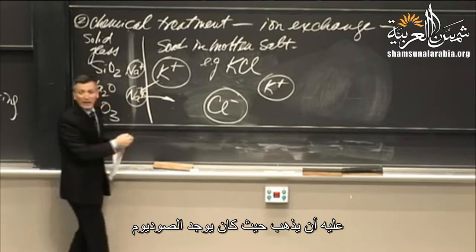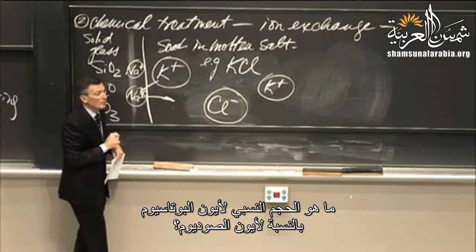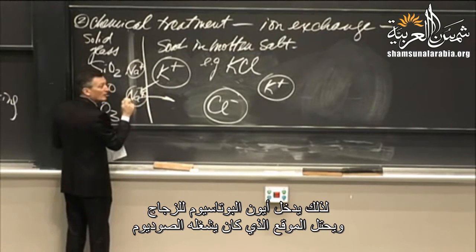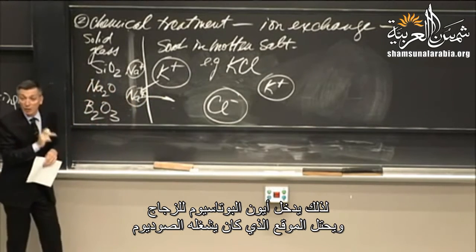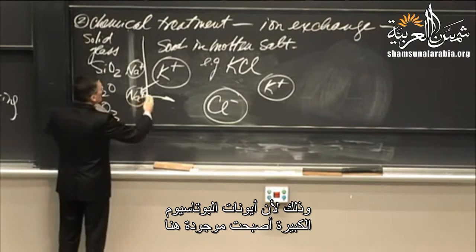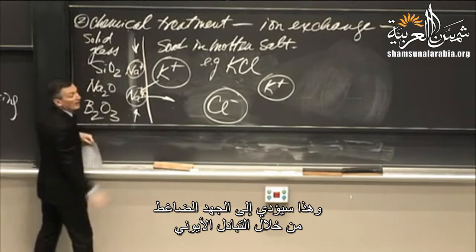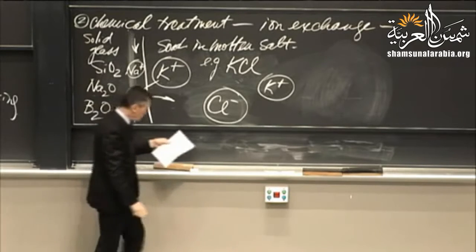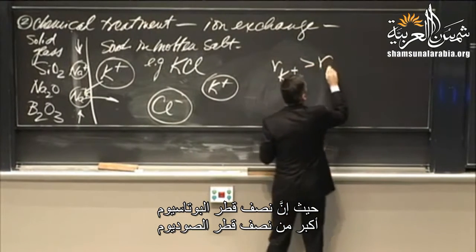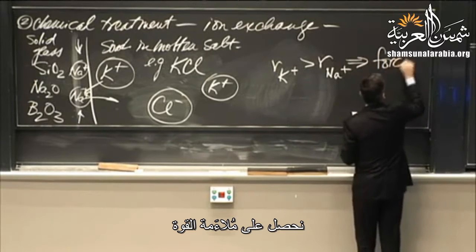Where's the potassium going to go? It has to go where there used to be sodium. Well, what's the relative size of potassium ion versus sodium ion? Potassium ion is bigger. So potassium ion goes and occupies a site formerly occupied by sodium and causes compressive stress, because you get all these big ions jamming in there, and that's going to lead to compressive stress through ion exchange. Since the radius of potassium is greater than the radius of the sodium, we get a force fit, and this is how we got